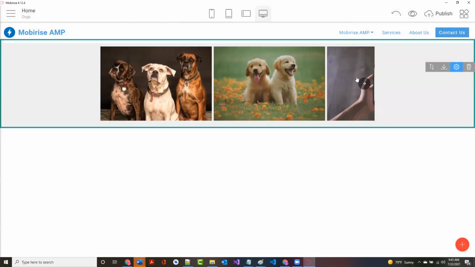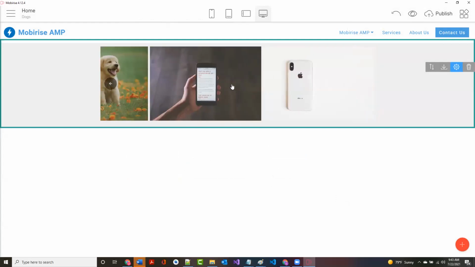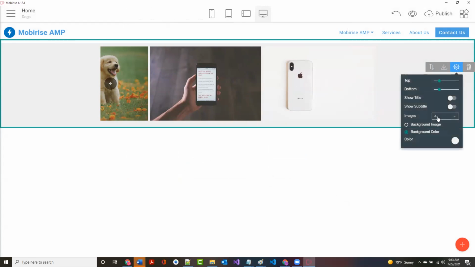Now I've got 2 of my things in there. You'll notice if I keep going, there's actually 4 of these, but I only have 3 pictures. Well, I've decided I only want 3 pictures in my slideshow. So I don't want to click that trash can because that'll remove them. I instead want to click the one next to it that looks like a gear going around and around, and it says block parameters. I want to click on that, and it says how many images do you want to show?